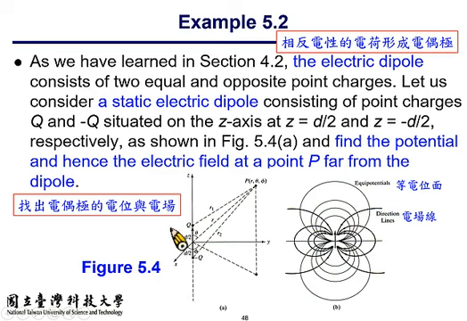For our convenience, let's place the positive and negative charges along the z-axis so that the electrical field and the potential established by this charge pair can be symmetrically distributed in this environment. So for symmetry in describing the relationships, we place it along the z-axis, and you will see the field and potential distributed as in the figure on the right. And we also know that the electrical field begins at a positive charge